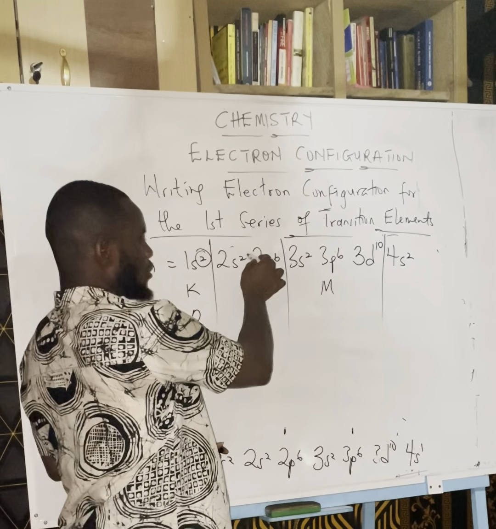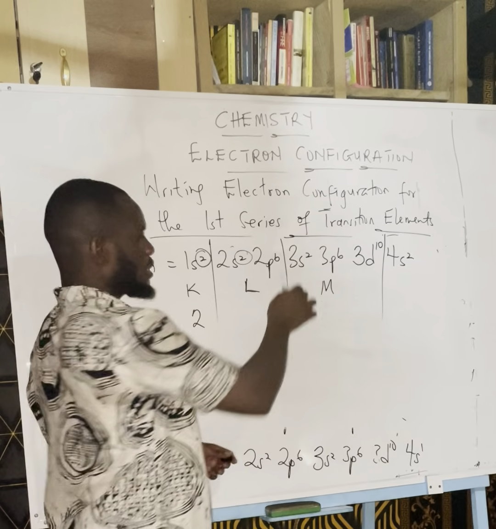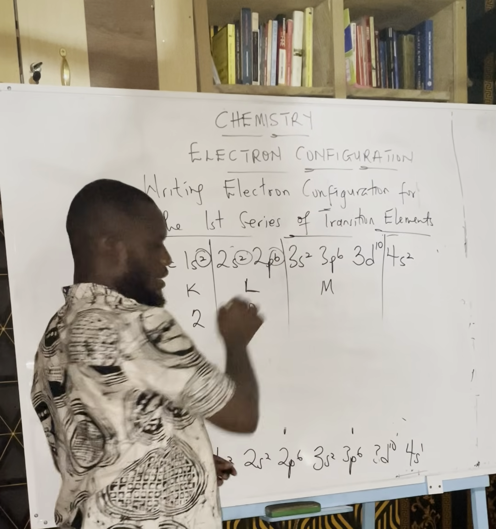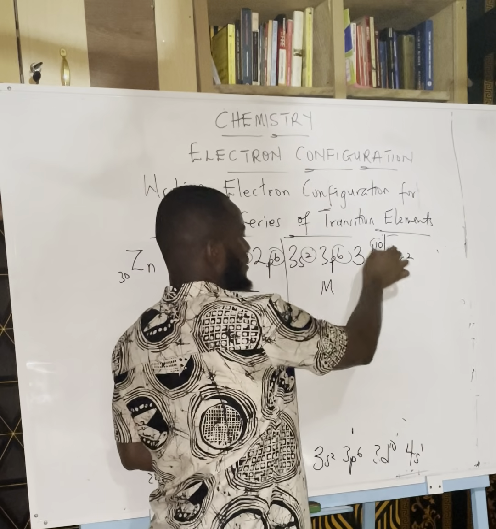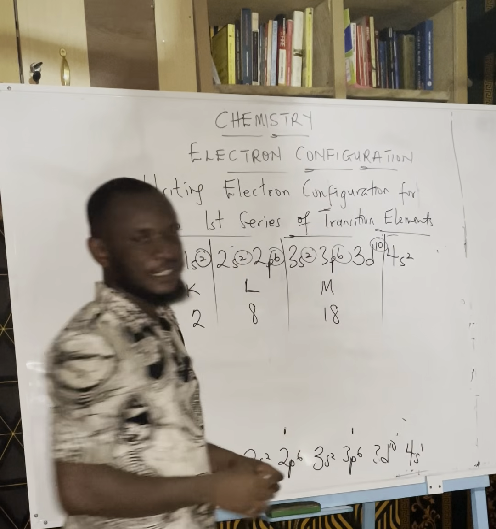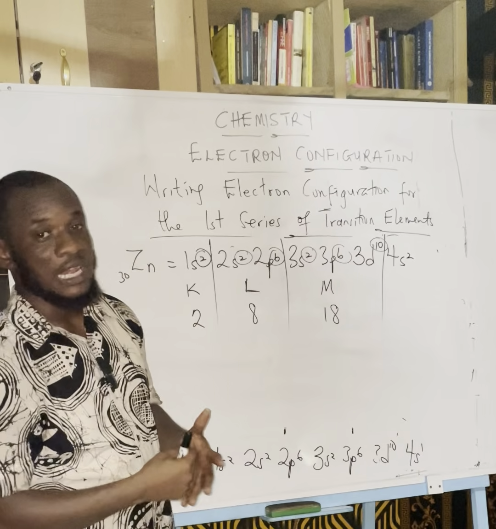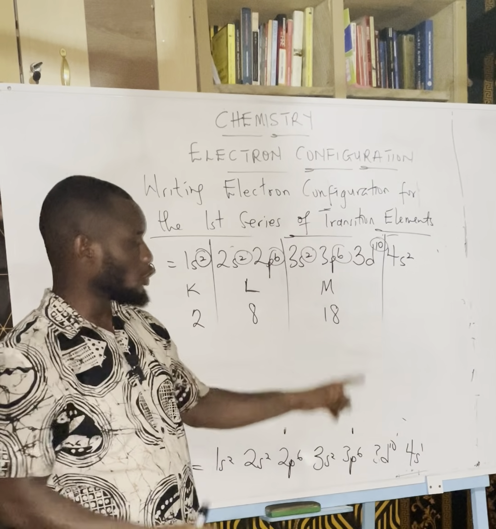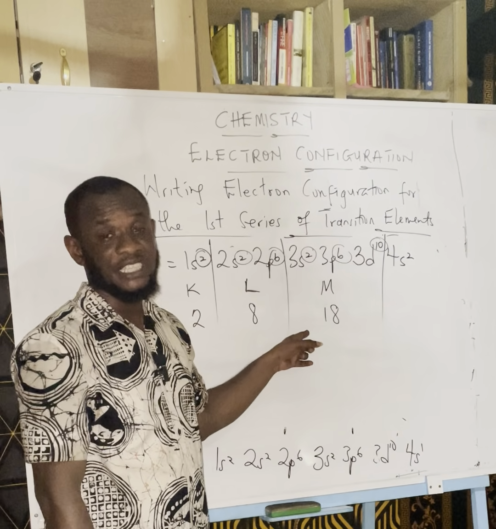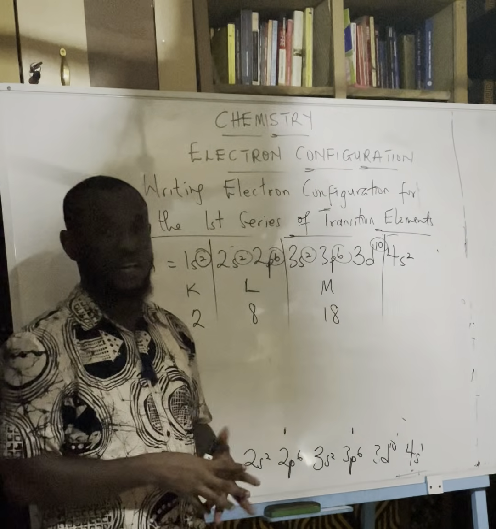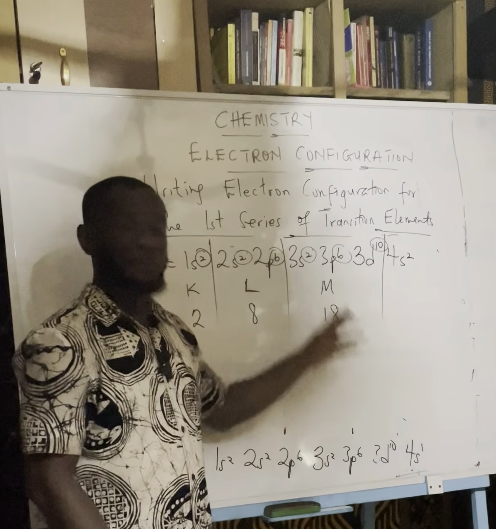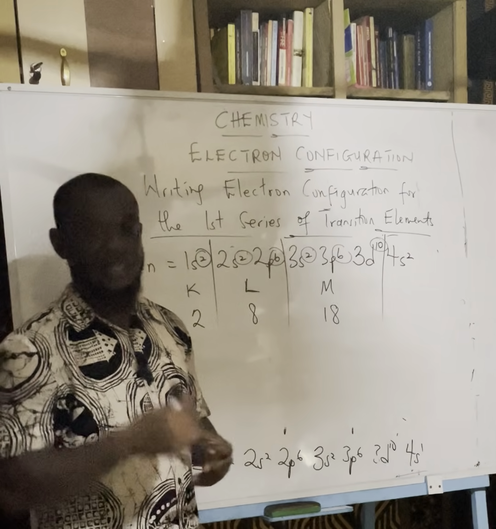The L shell takes 8. Why? Because the s is going to take 2, the p will take 6, which will be 8. The M shell will take 2, 6, and 10. That will be 18. So when we were learning about quantum numbers, I told you the M shell takes 18 electrons. But when you were in JHS, junior high, you were told that the M shell takes 8. No. The reason is that